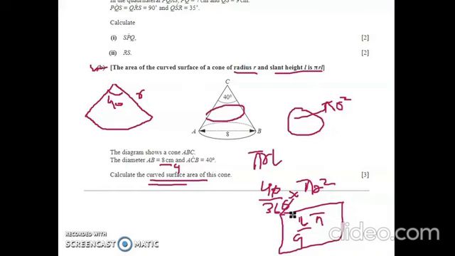So we can even take the curved surface. Curved surface is basically this surface. Let's say this is hollow. So basically when we open it up, this part will open like this, and then this will be a sector, right? So this is how we will open it, and this is how we will get the curved surface area.